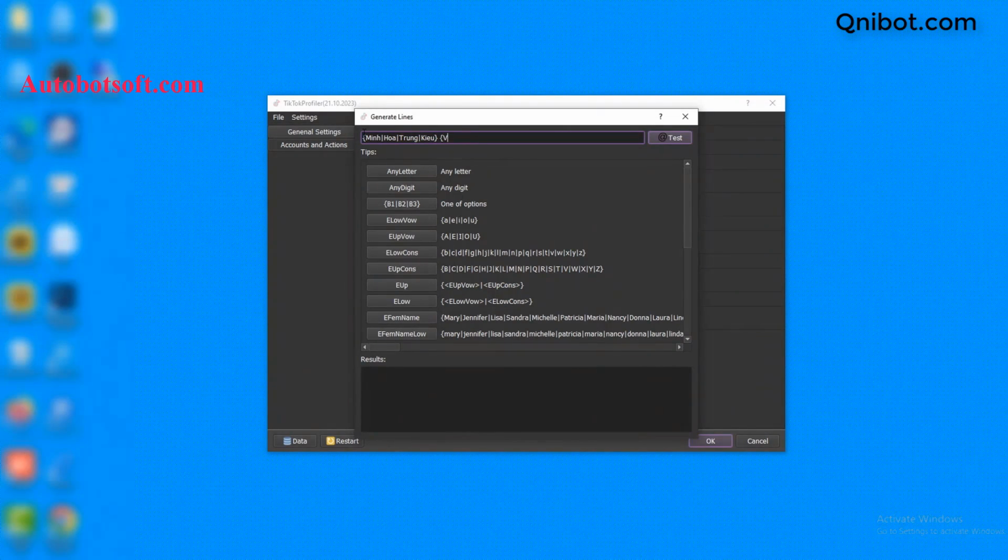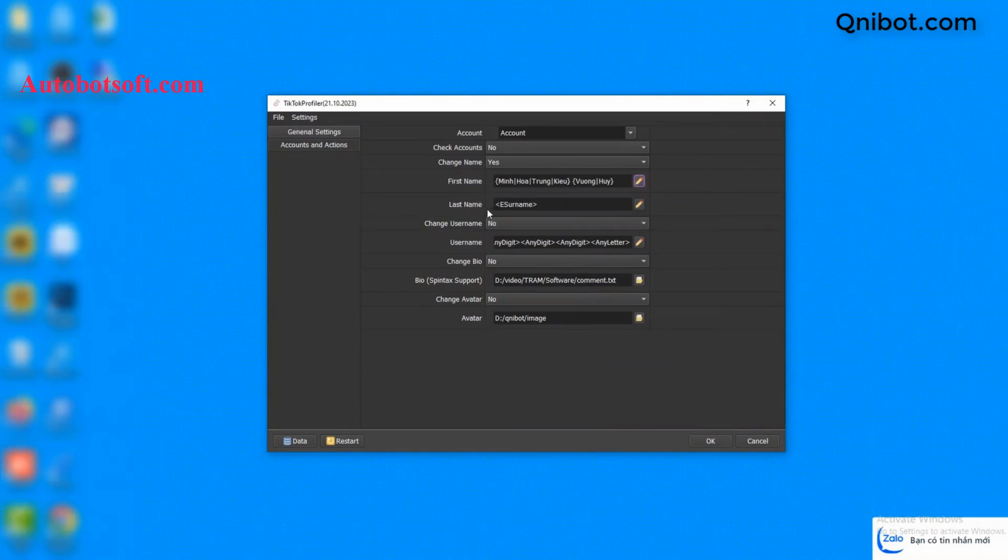You can use the Spin text format here. Then click on Test to see if the first name or last name will be used. Similarly,